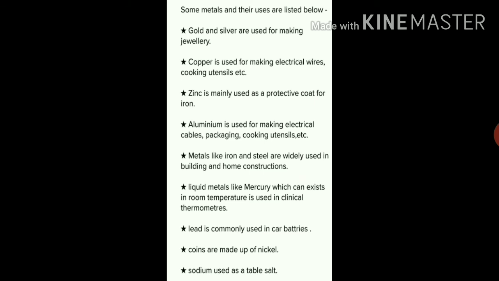In our body, iron is present in the pigment of red blood cells called hemoglobin, which transports oxygen from the lungs to all the tissues of our body. If there is a deficiency of iron in our body, then there will be less hemoglobin in our blood. Lower level of hemoglobin in the blood will cause shortage of oxygen in the body, leading to tiredness and weakness. So students, this is the importance of metals in our daily life.